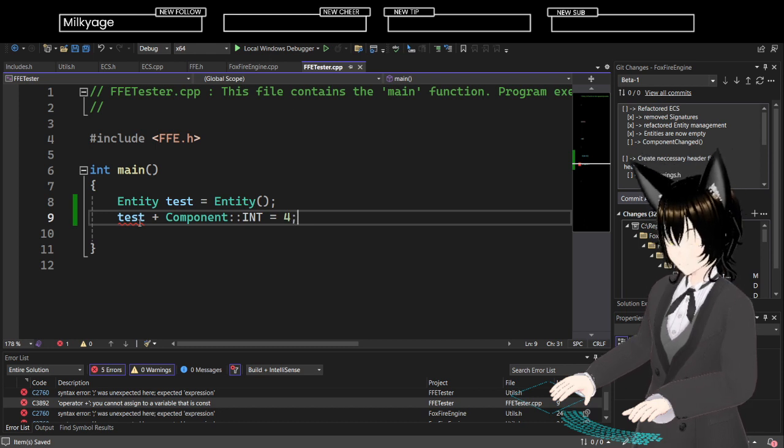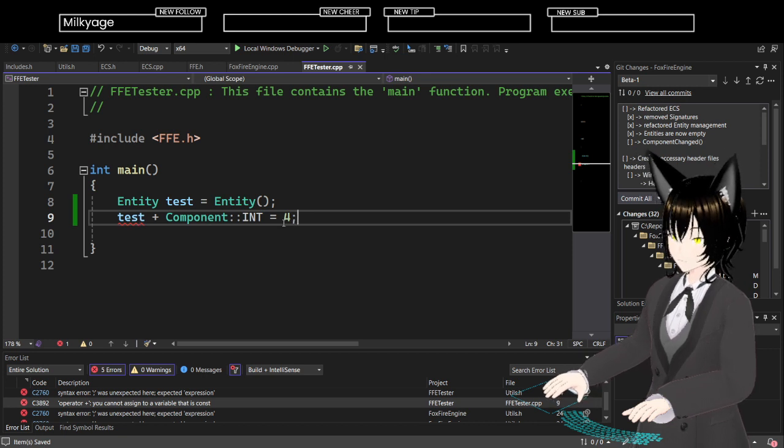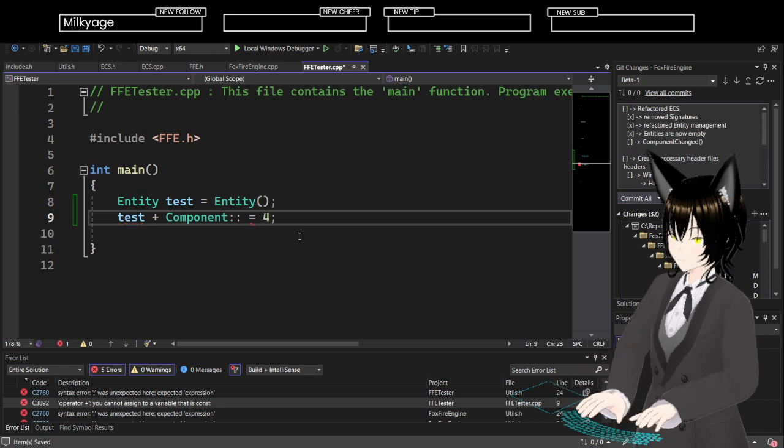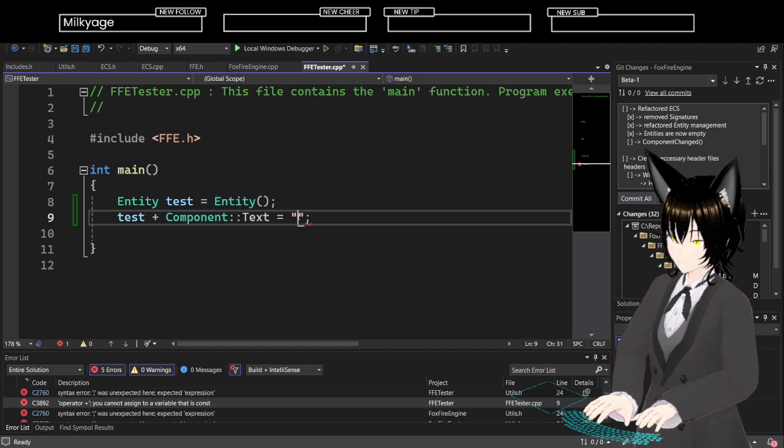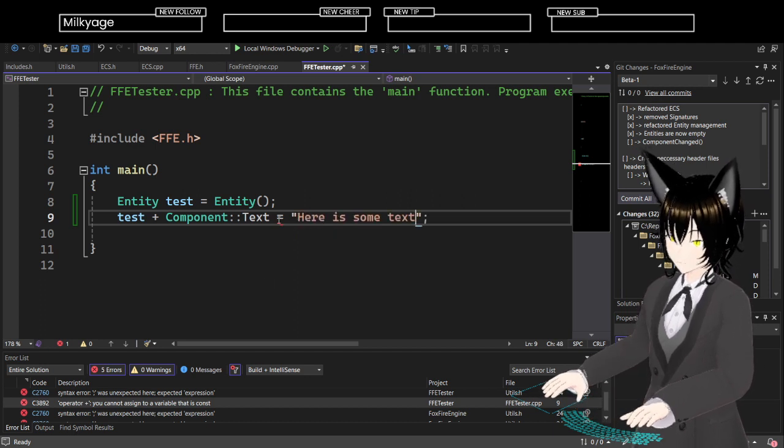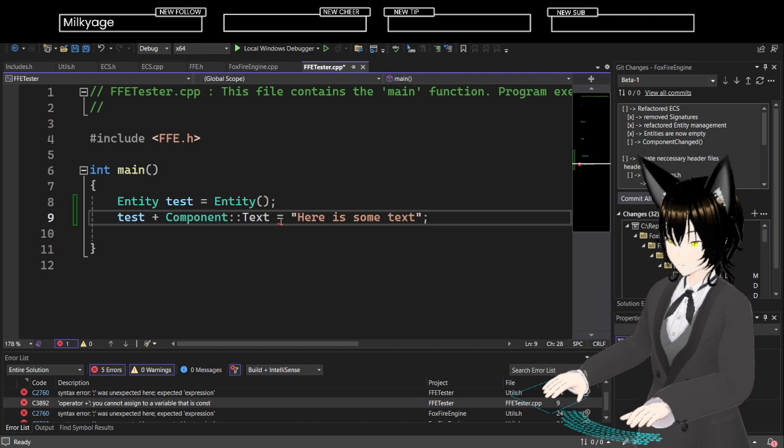It's not const though. Text is equal to "here is some text." Right. Come on, computer. What are you doing?